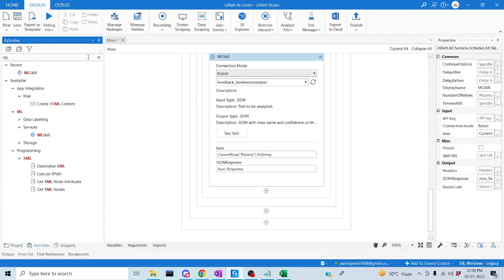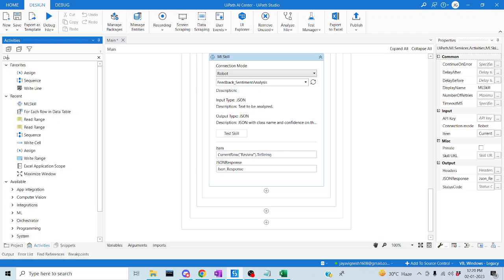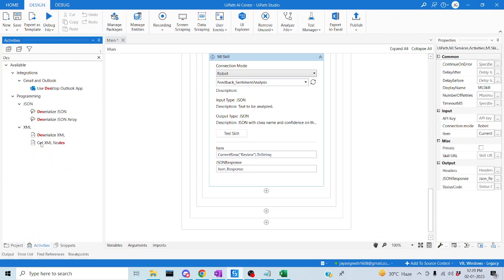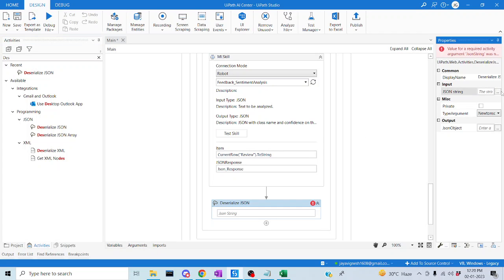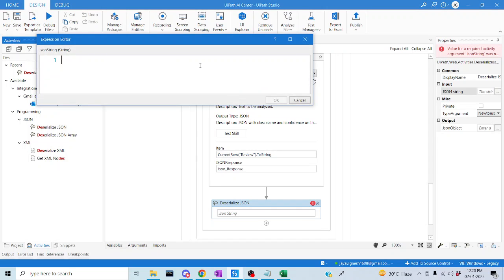So once it is downloaded, just search for deserialize. So you can get it here. Just drag and drop this Deserialize JSON. So what will this Deserialize JSON actually do? It will make a particular output in a structured format of the JSON. So this is the format. So what we have to do is provide an input. We have to provide the input as the JSON response which you have opted here. Just provide JSON,